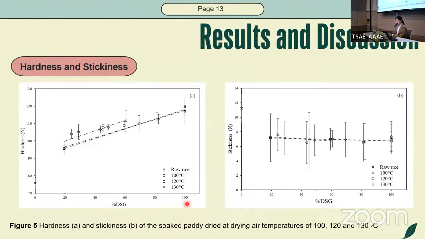The hardness and the stickiness, we can see that the gelatinization leads to higher hardness in the technique. But in case of stickiness, after the stickiness decreased about 40%, there is no significant change during